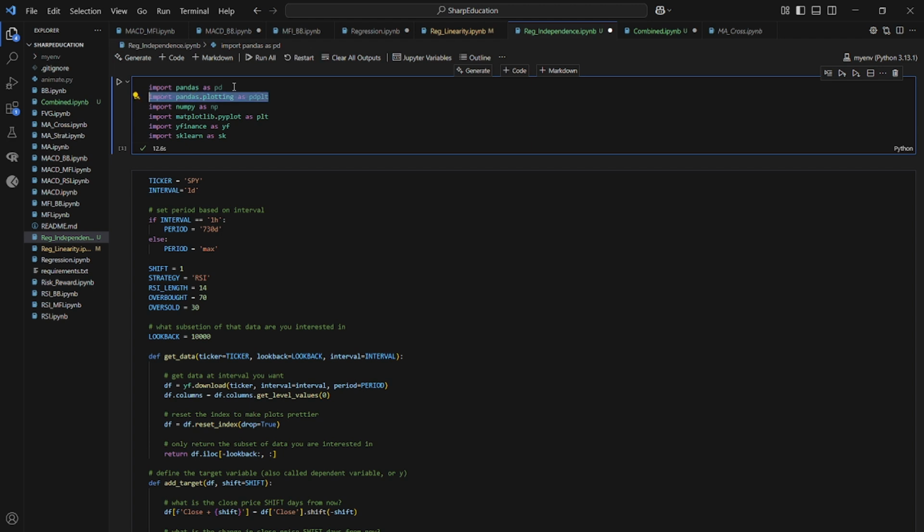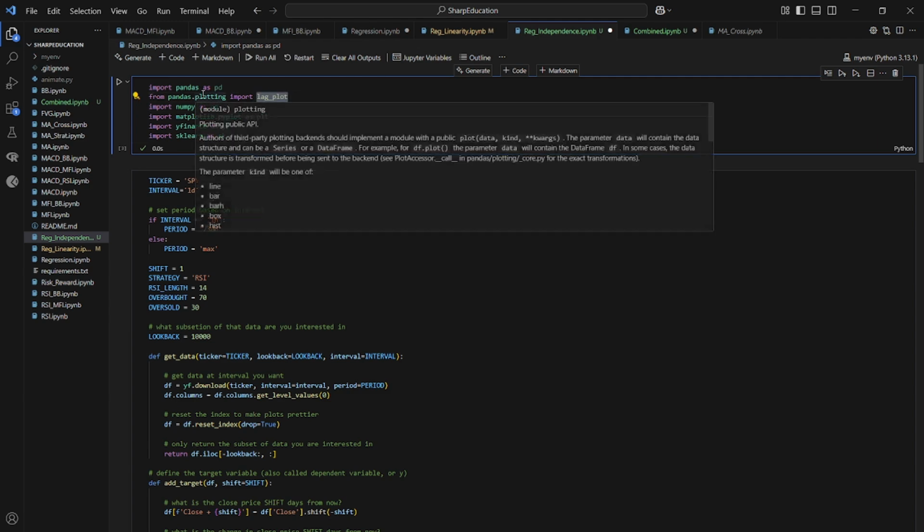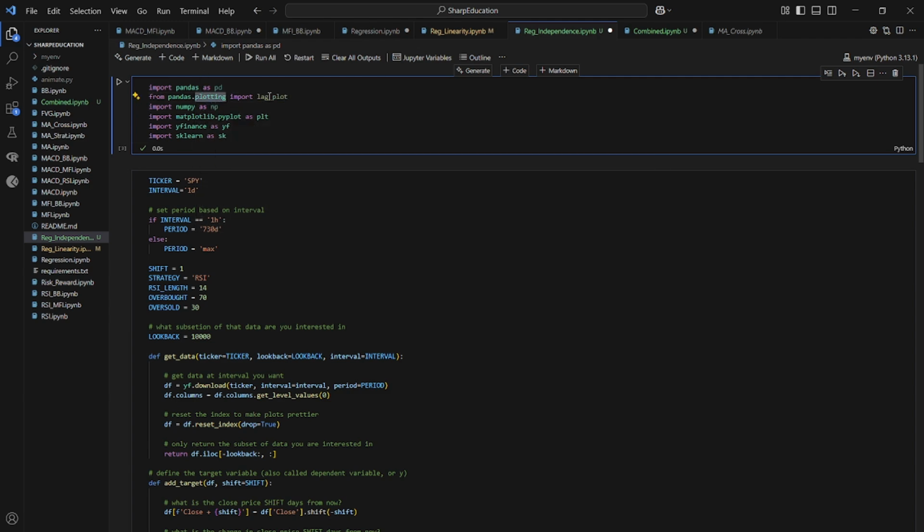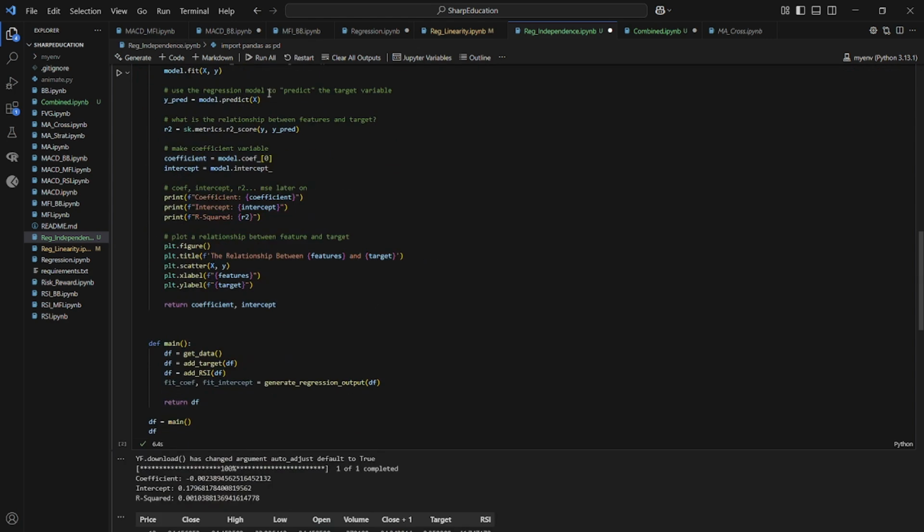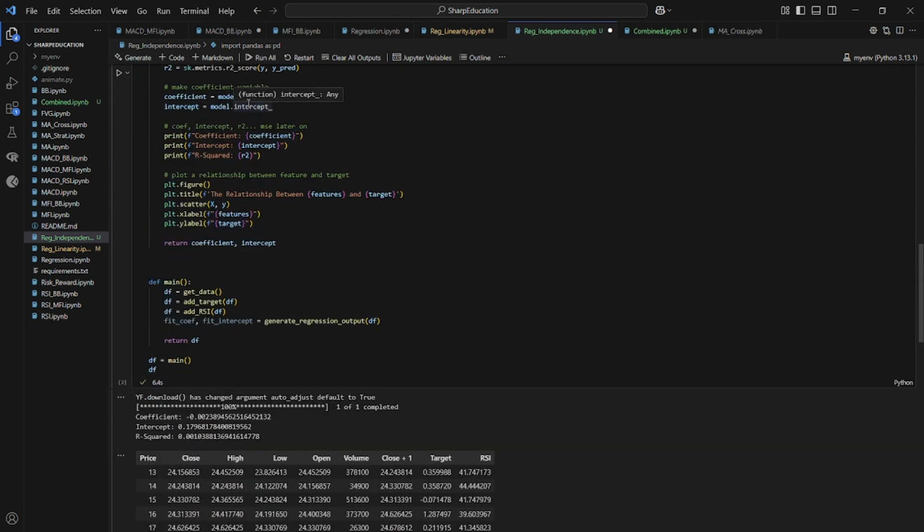Actually, we can just do this from pandas.plotting import lag plot. That should be good. So there's a bunch of different functions you can get from pandas.plotting. Today we're just using lag plot, and that just takes a scatter plot between one series and a lagged version of that same series. So we can define test independence,